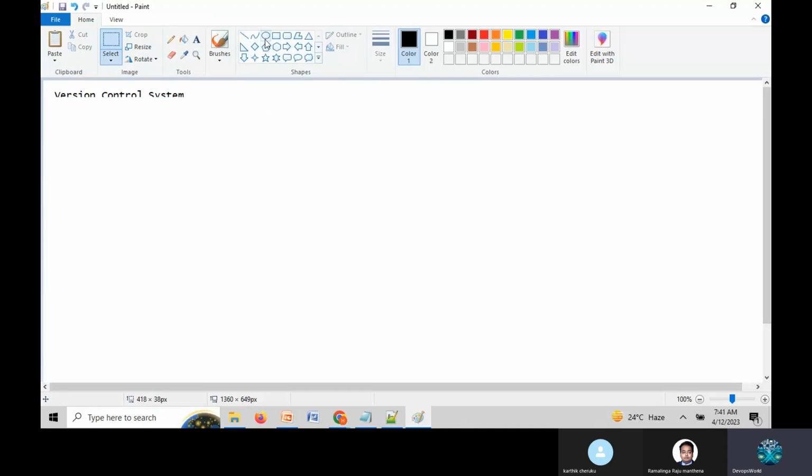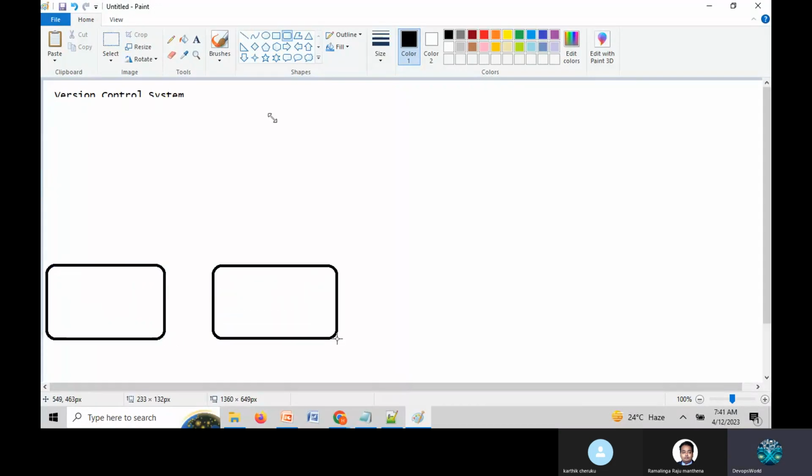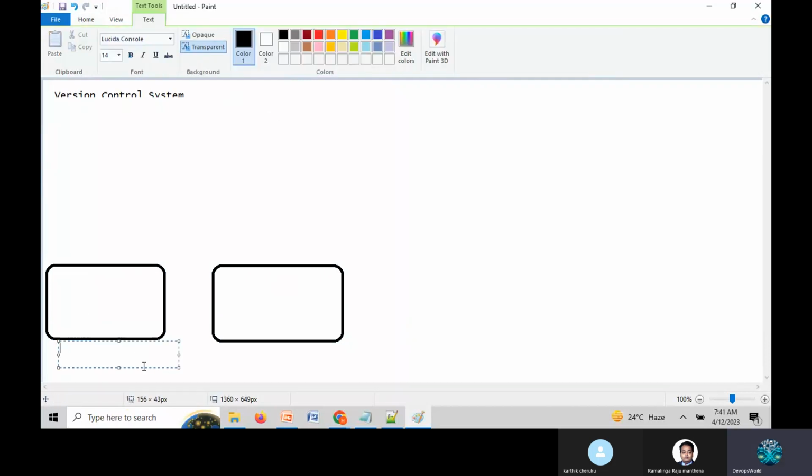This is developer one, developer two. So we have the version control system, and we have developer one and developer two.